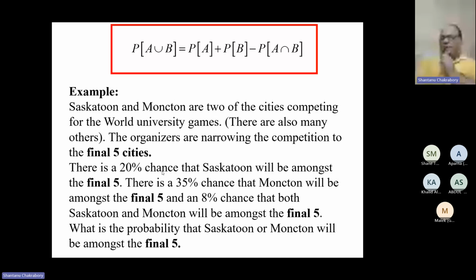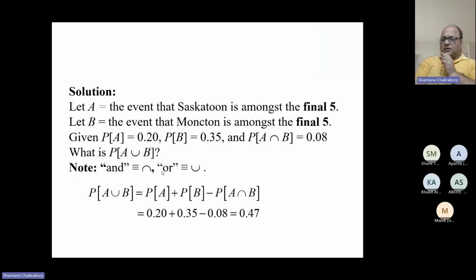So there are two cities competing for the World University Games, and the organizers are narrowing the competition to the final 5 cities. What is the probability of the first city being among the final 5? That is 20%. What is the chance of the second city being among the final 5? 35%. What is the chance that both cities will be among the final 5? That is 8%. Now, how do we find